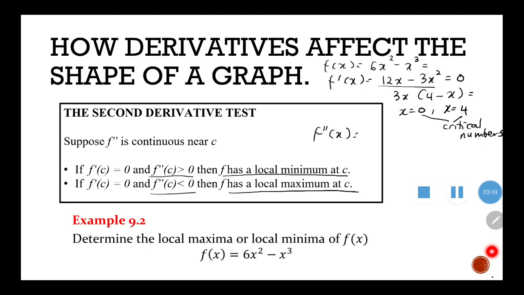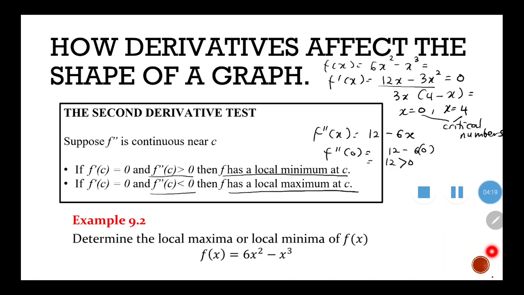So you will get 12 minus 6x. Okay, and you slot in 0 into f double prime, you will get 12,